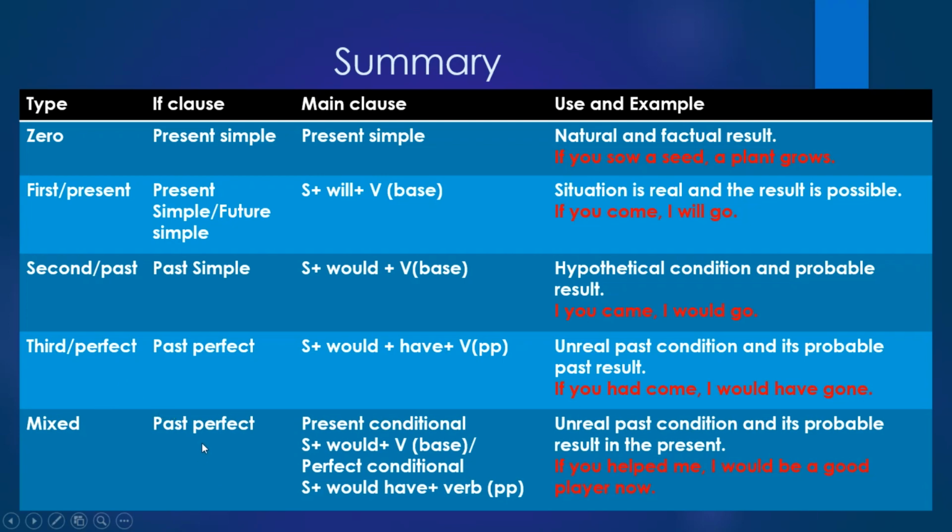এবং সর্বশেষ মিক্সড কন্ডিশনাল, যেখানে আমরা ফোর্থ টাইপের মতো পাস্ট পারফেক্ট টেন্স পাচ্ছি এবং এখানে মেন ক্লজে আমরা দুটোই পেতে পারি, অর্থাৎ পাস্ট কন্ডিশনাল এবং পারফেক্ট কন্ডিশনালের যে কোনো একটাই আমরা পেতে পারি। এবং এখানেও আগের মতো, অর্থাৎ টাইপ 4-এর মতো একটা অবাস্তব অতীতের কোনো একটা শর্ত সম্পর্কে বলা হয় এবং এটার একটা বাস্তবের যে রেজাল্ট হতে পারতো সেটার কথা বলা হয়,